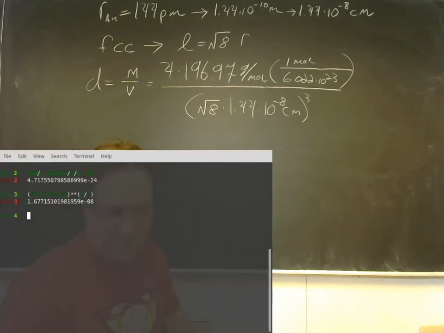So we have 4 times 196.97 divided by 6.022 E23 divided by, we're going to cube that edge length. The square root of 8 times 1.44 e negative 8. I believe I put that in properly, and I get